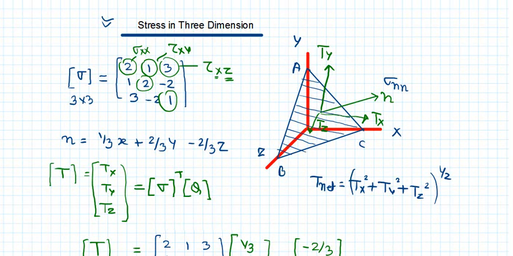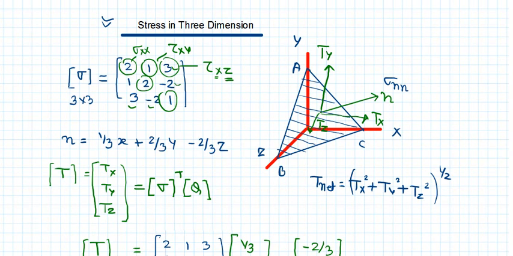Now as far as normal stresses are concerned, these are all called normal stresses: sigma x, sigma y and sigma z. Whereas shear xy, yz, shear yx, and so on and so forth are the shear stresses. So here this is the symmetrical matrix, 1, 1, here 3 is matching with this, minus 2, minus 2, so it is a symmetrical matrix.